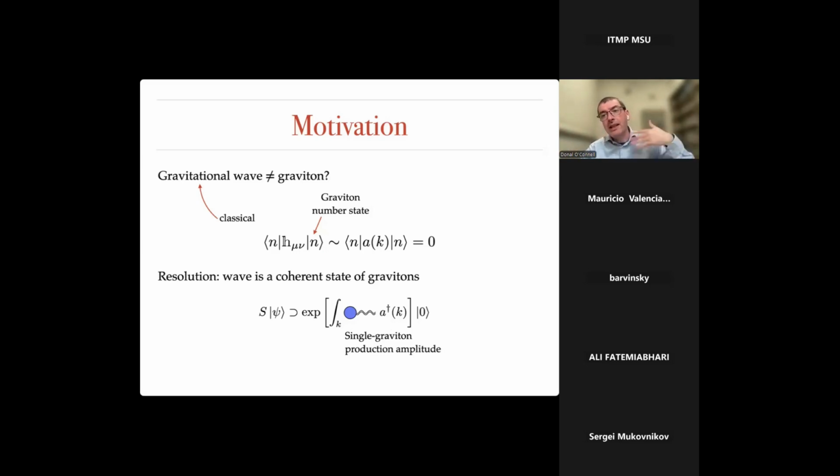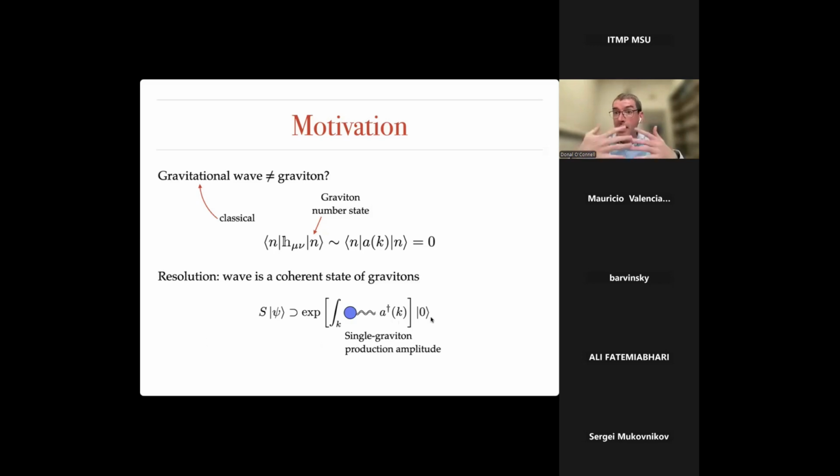The intuition here is that each graviton in the gravitational wave is produced independently of one another. And the parameter of the coherent state then is just the information about single graviton emission. And this expectation value then effectively just differentiates this coherent state, brings down the parameter, which is this single graviton production amplitude. And that's why you can get all of the information you need to discuss this classical gravitational wave by studying a single graviton process.